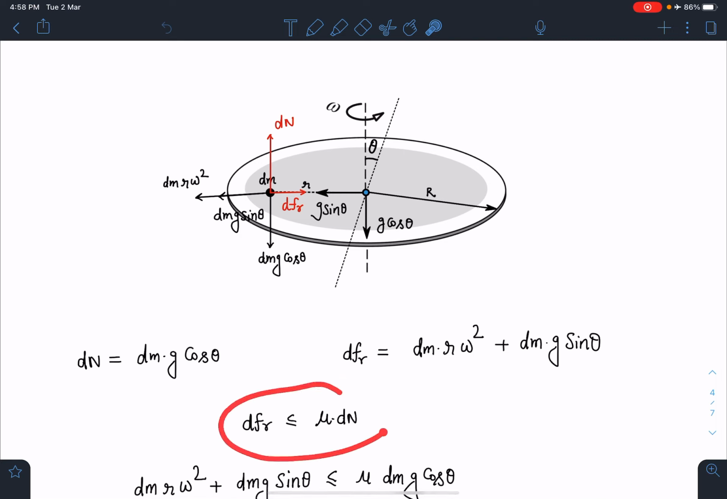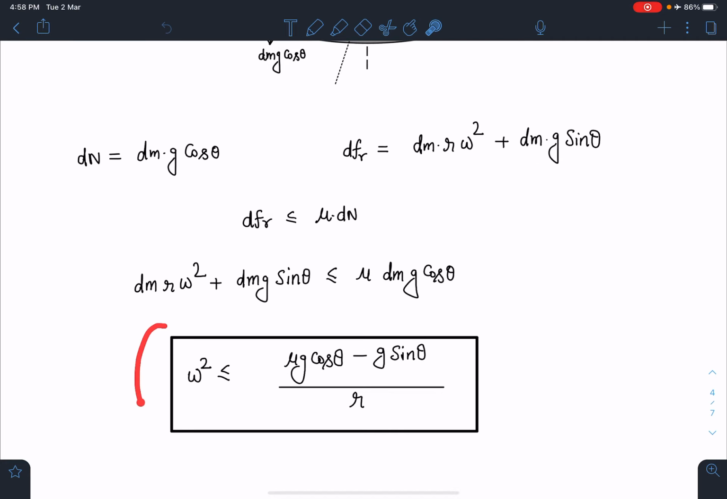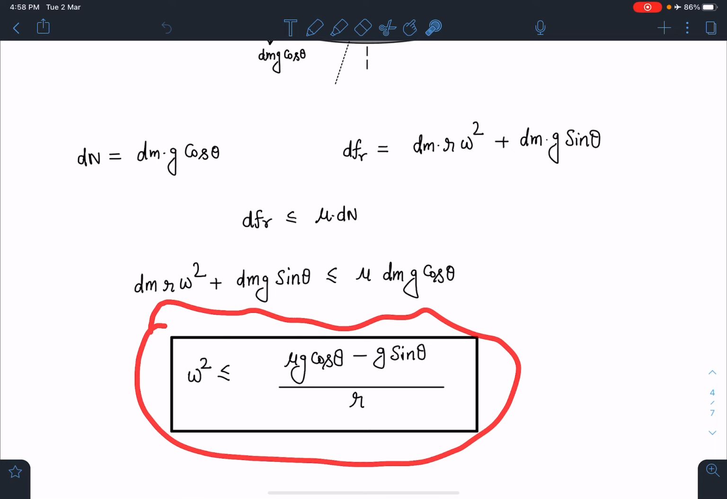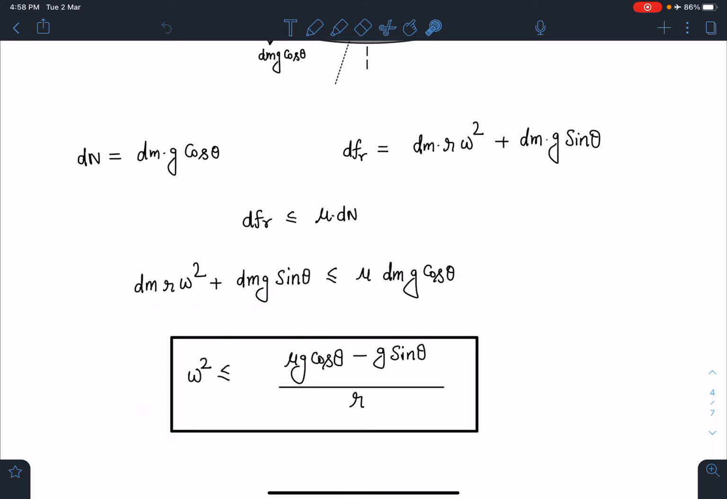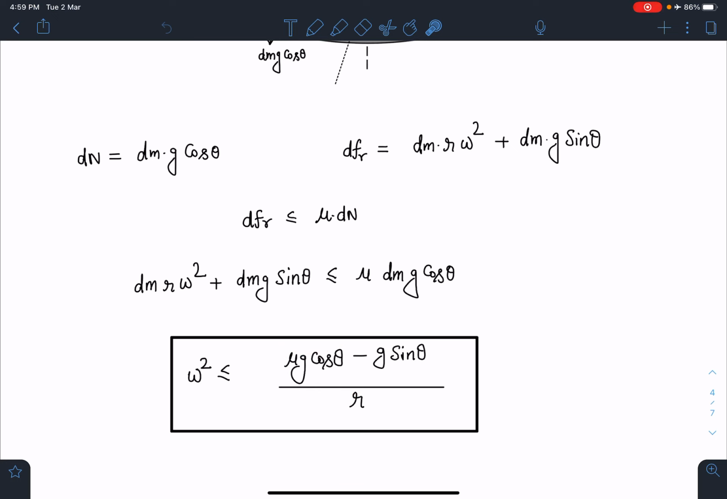And for no slipping or no sliding, I can write this dfr as less than or equal to mu into dN. If I substitute the value of dN, I'm going to get this value of omega square, which is less than or equal to mu g cos theta minus g sin theta by r. That means if omega reaches this particular value for a given r, in that case it will be just about to slip, and definitely all the particles which are present at r greater than r will slip whenever they pass through the lowermost